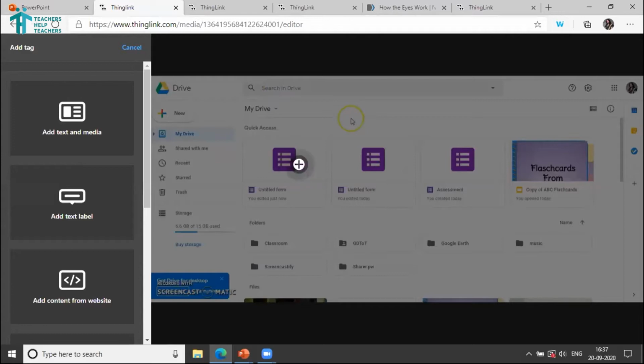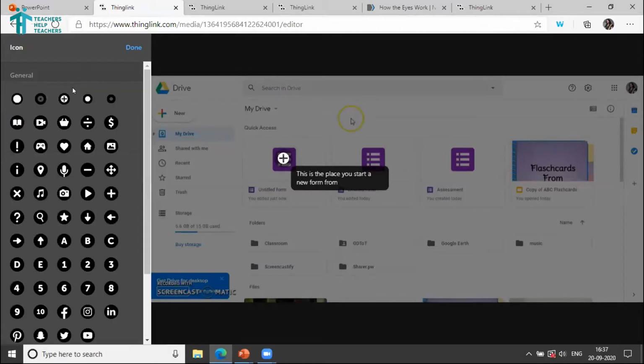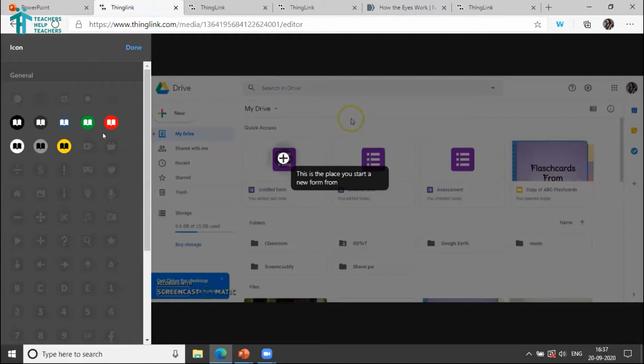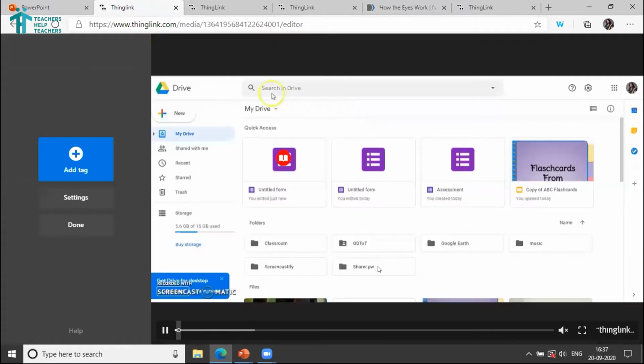Like I want to tell something about this part, this untitled form. I want to add a tag here, so I'm writing, this is the place you start a new form from. Say I want to add this tag, and I'm changing the icon also to read one, so that somebody knows it is something to read first, and then we'll walk along the video. So I'm clicking on done. Now when I play the video again,